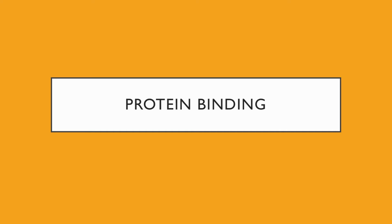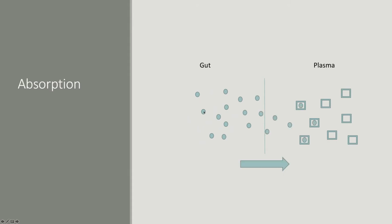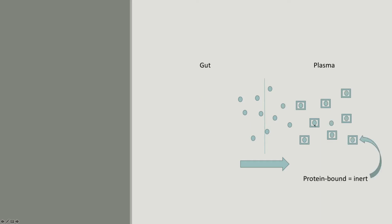Now we're going to talk about protein binding, because that's an important consideration when we talk about our first anticoagulant. So I want you to understand this pharmacologic concept called protein binding. What happens is you take a drug and it gets into your gut, and in the gut it gets released into the plasma. All right, so this drug then goes into the plasma, and what's in the plasma but protein, right? So albumin, being the most prevalent protein in the blood, binds to some of these drug pieces, all right? And as it binds to those, they are no longer